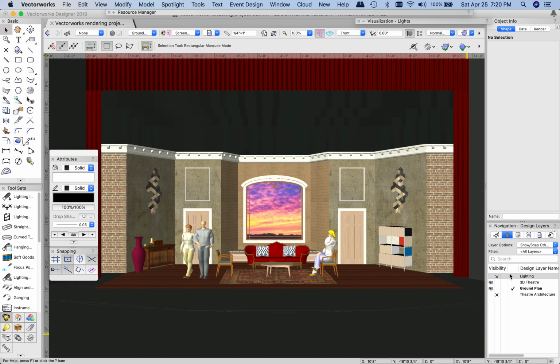So we're going to start by making this lighting layer active. And we're going to make it visible so that all of these other layers are still visible even though we're on here. This is a good time to point out the layer options here. I usually keep this at show snap others. That way I can see the objects as they are on the layer, but I don't accidentally